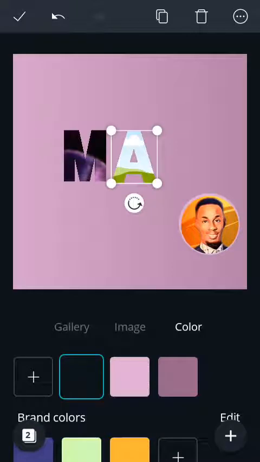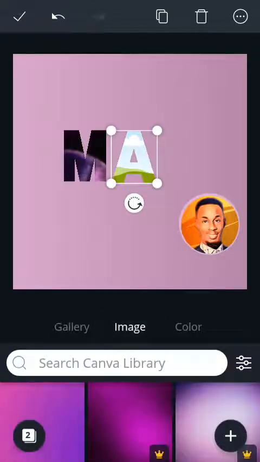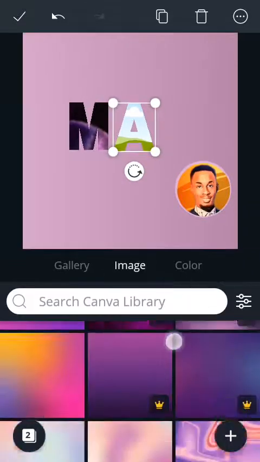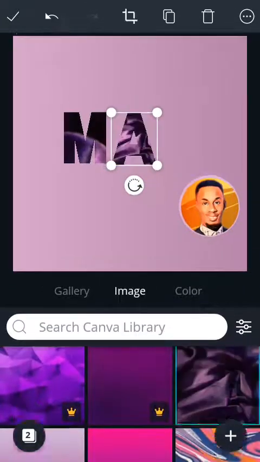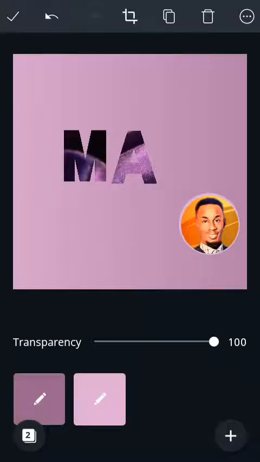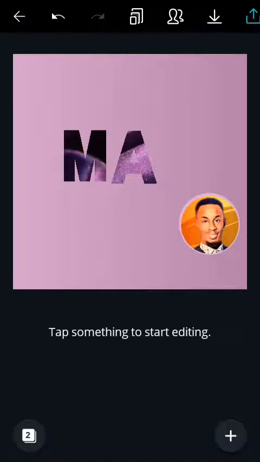When you're satisfied with the position, go back again to images, or if you have a browsed one in your gallery, you can use it, but we don't have. So go to images. I'll go again to that same one I used, right? And then try to just manipulate it to just look beautiful. I'm just being creative here. It doesn't mean that I have the exact way they did it. I don't know how they did it. If I knew, I would have just gone straight. I think this looks fine. Okay, and then lastly,